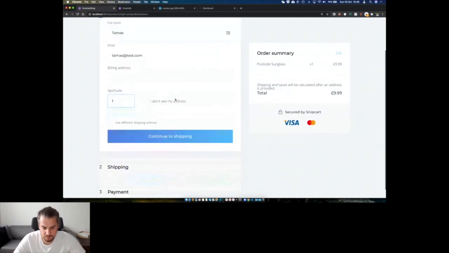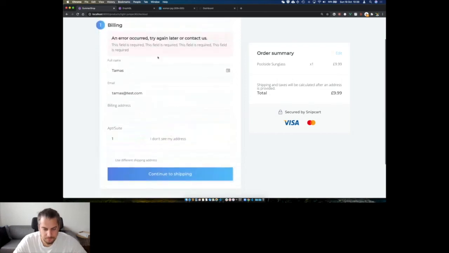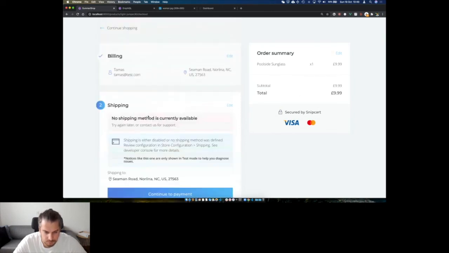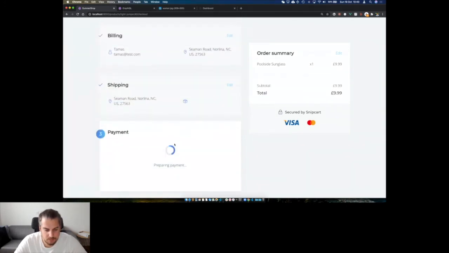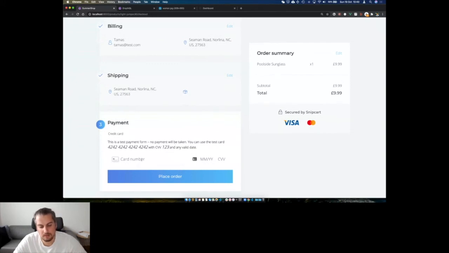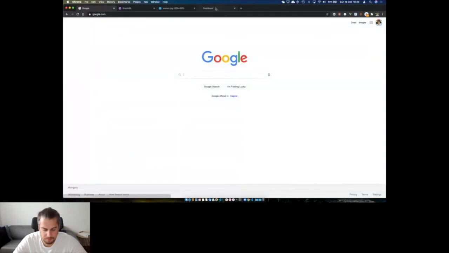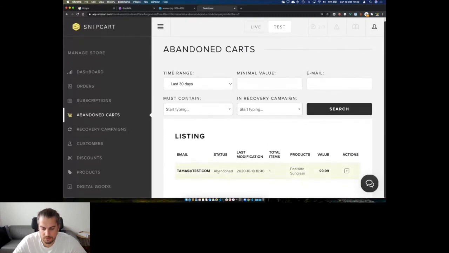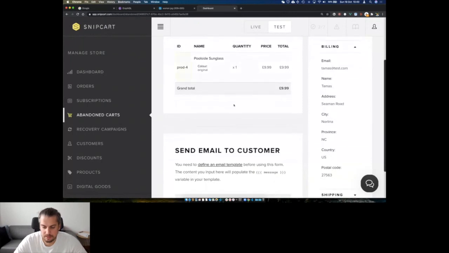And I need to say tamas@test.com, 123 for street, 1, continue to shipping. This field is required. Oh, okay. I just added a whatever. Okay, that's where I want to ship. And just when I wanted to pay, I'm going to say, oh, actually, you know what? I'm not going to pay. I'm just going to go to google.com. I think this will count as an abandoned cart. Hopefully, yes. Right. So you immediately see this inside this dashboard on Snipcart,